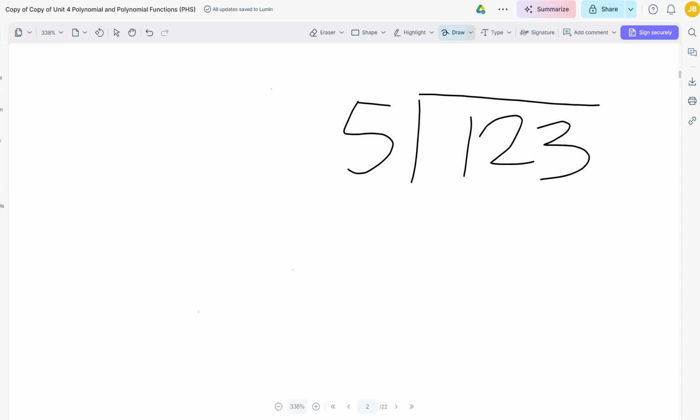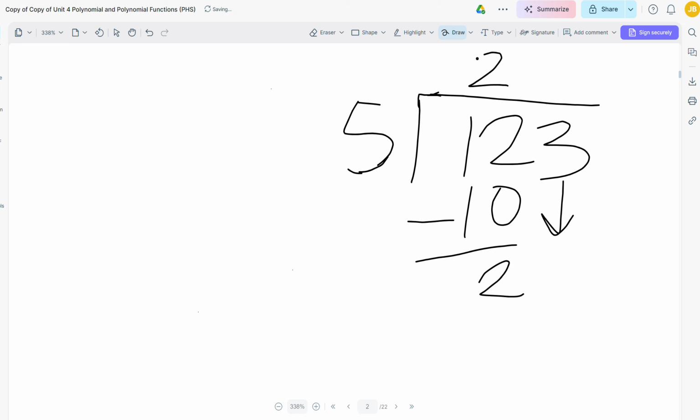So we take that same approach. Kind of already started off this piece here. We know that 5 does not go into 1, but 5 does go into 12 2 times. So I put 2. 5 times 2 would give us a value of 10. Okay, we're going to go ahead and subtract these. This would result in 2, carry down the 3,